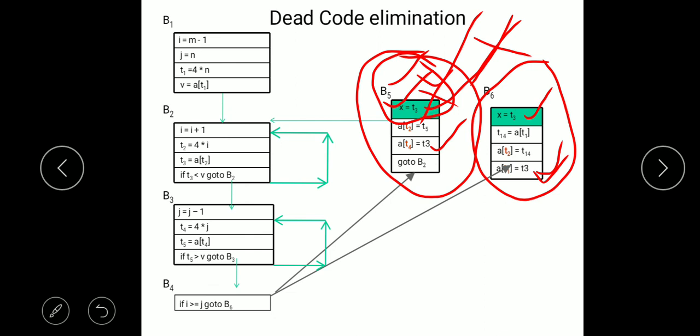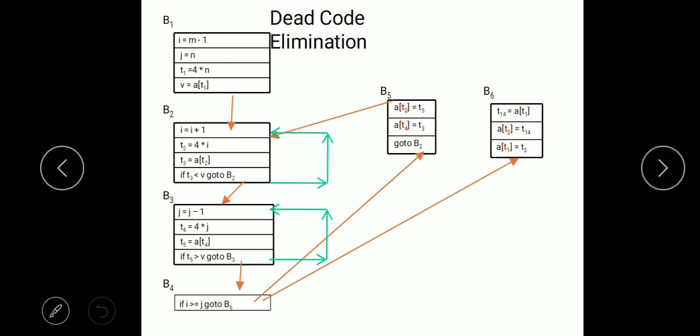So we have already done it. Now in this basic block, this is also dead code because x is not being used anywhere in basic block B6. That's why we need to eliminate this one and this one as dead code elimination. So you would find this change from basic block B5 to B6.